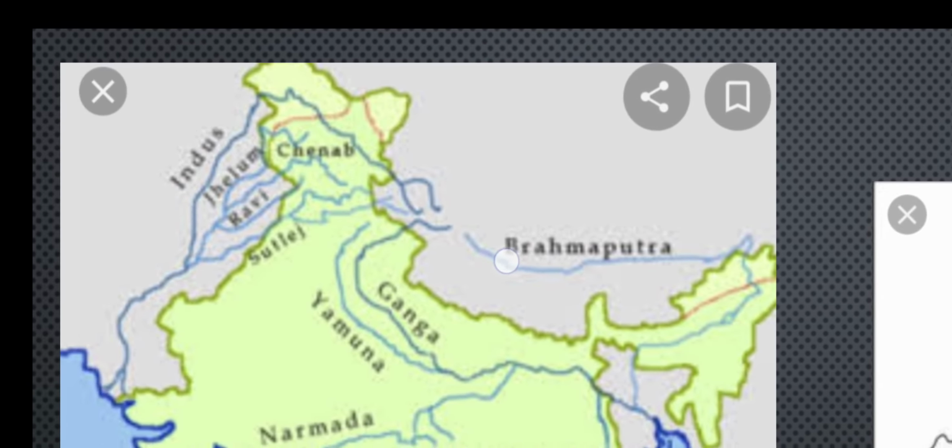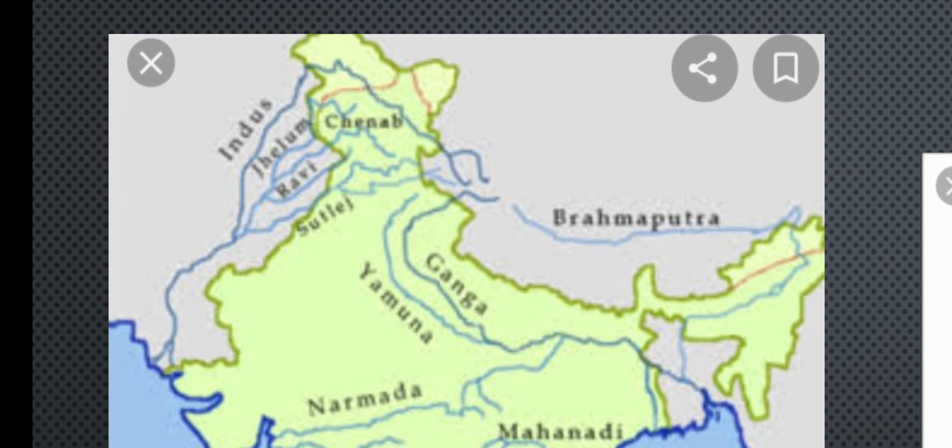In the north you can see river Indus. So river Indus and its tributaries are Jhelum, Chenab, Ravi, Satluj and Beas. They are the 5 tributaries of Indus. So river Indus, you see the red dot. From here, from Tibet, Mansarovar, a lake, river Indus originates and it moves into India, and then through Pakistan it ultimately reaches the Arabian Sea.